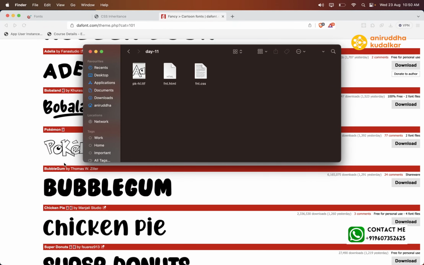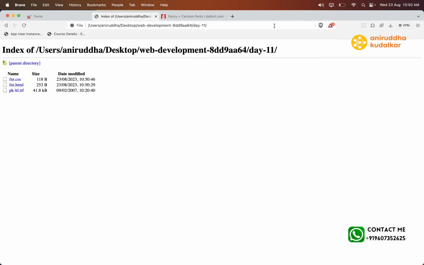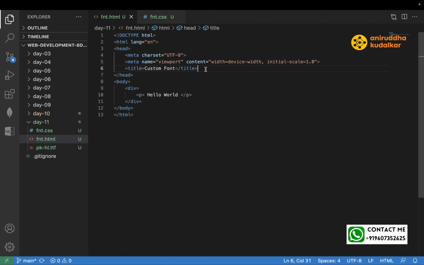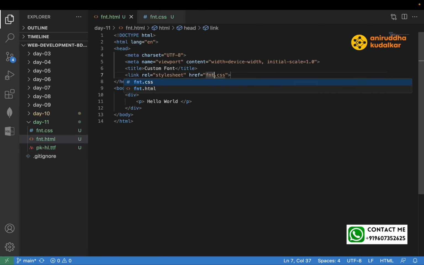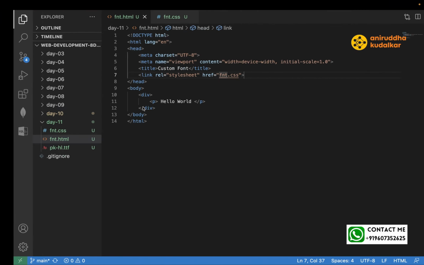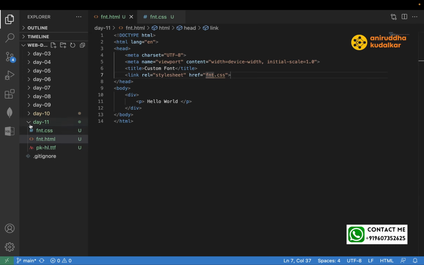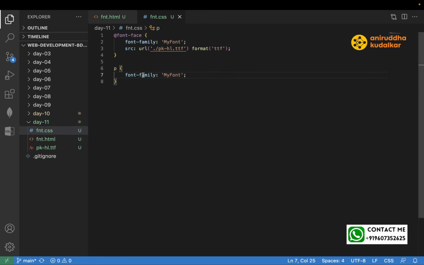We can give the name as my font. Now day 11 fnt.html, CSS imported or not? Not imported. Link rel css fnt.css. To the p font family,